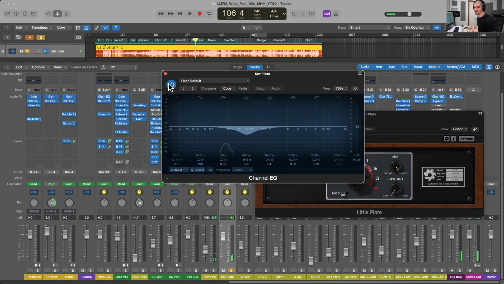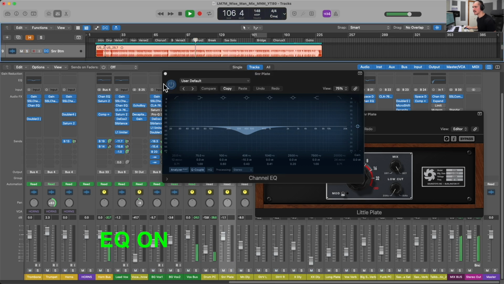So it sounds a little bit less boomy by itself, and then in the context of the mix, the sounds